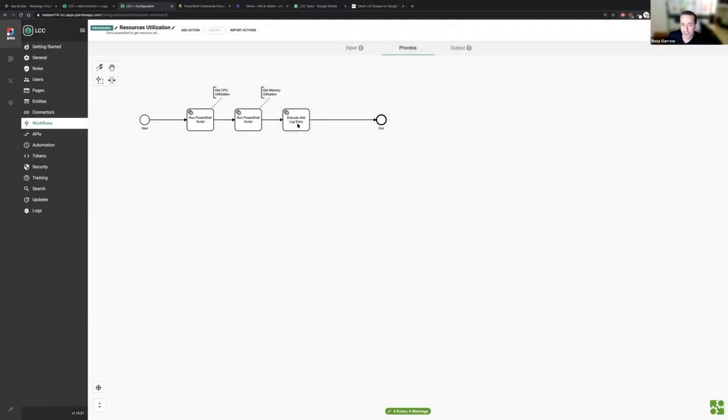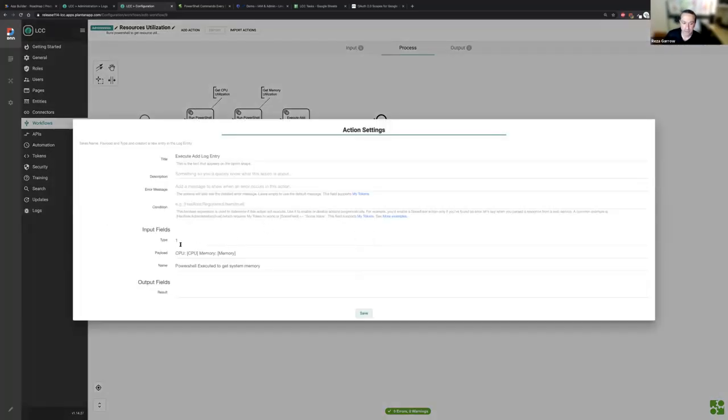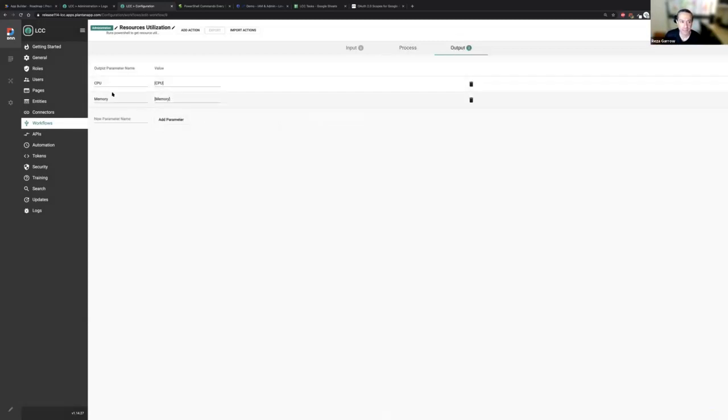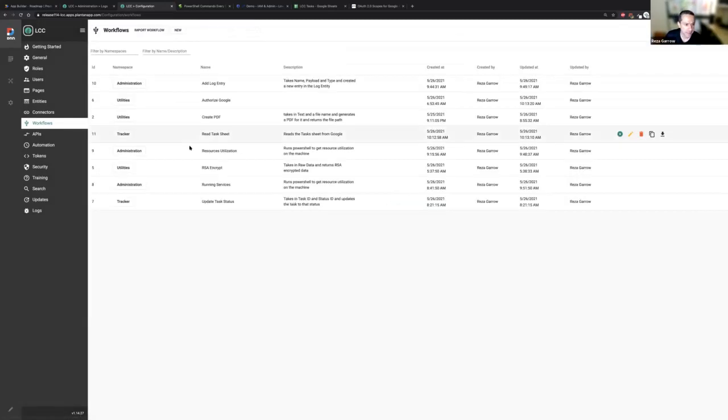I also made a little workflow for myself, just so I could show namespaces. This is the thing that's just writing to the logger. I went ahead and logged that this happened, that I actually accessed and read the system memory, and who did it, and stuff like that. But all I actually output is the CPU and memory. Similarly,